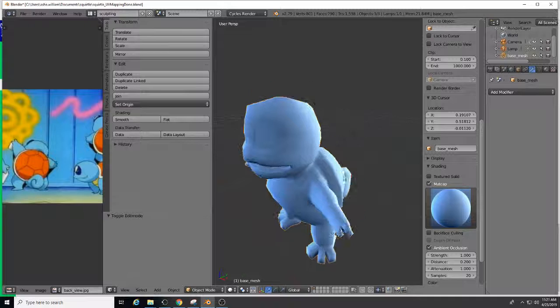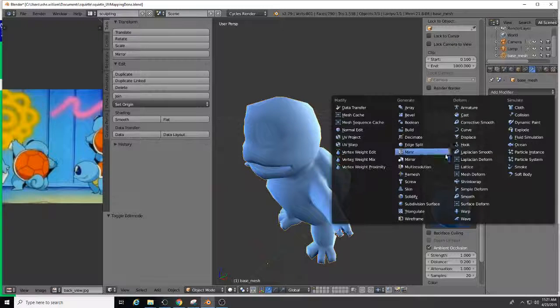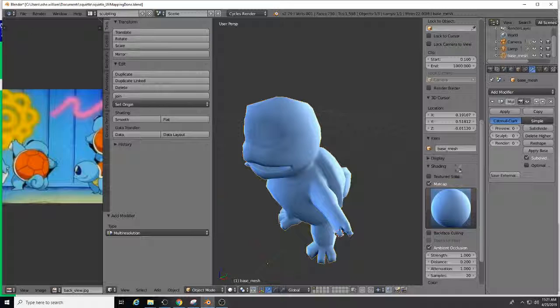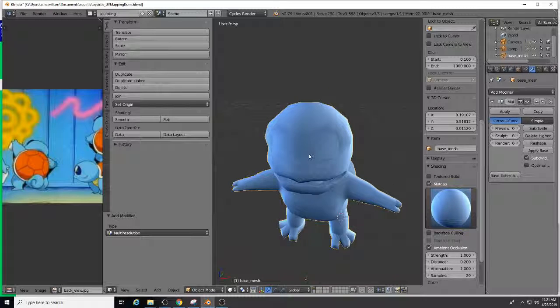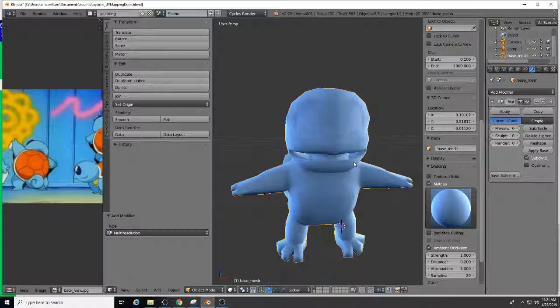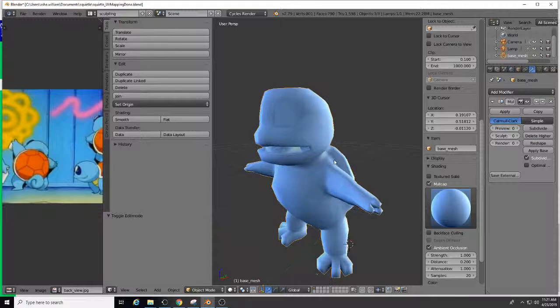Okay, so I'm going to go here to add modifier. It's my wrench button. I'm going to put on a multi-resolution modifier. And what multi-res does, and it's really, really cool, is it can hold vertex information for different levels of subdivision. So right now I'm in 0, and that means there's no subdivision happening. And I have my original UV layout, right? But if I go here and I hit subdivide,